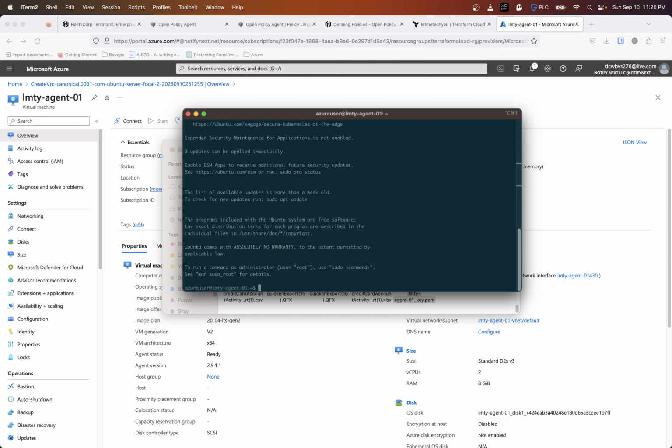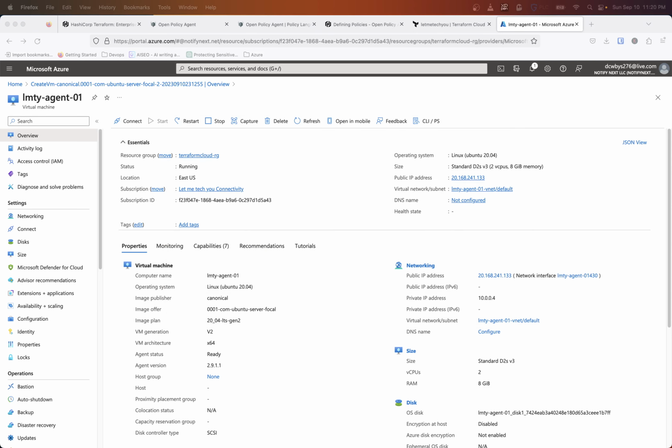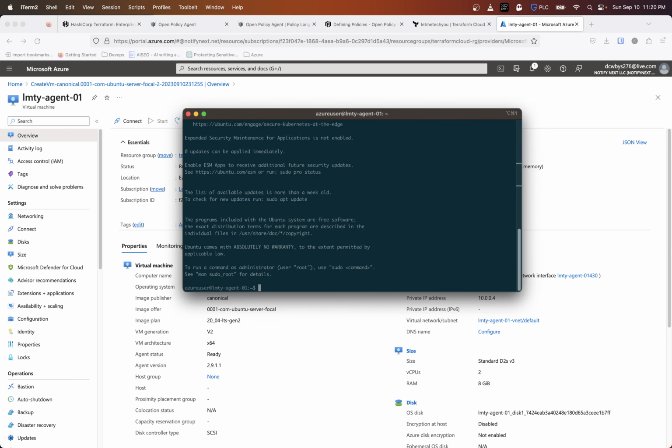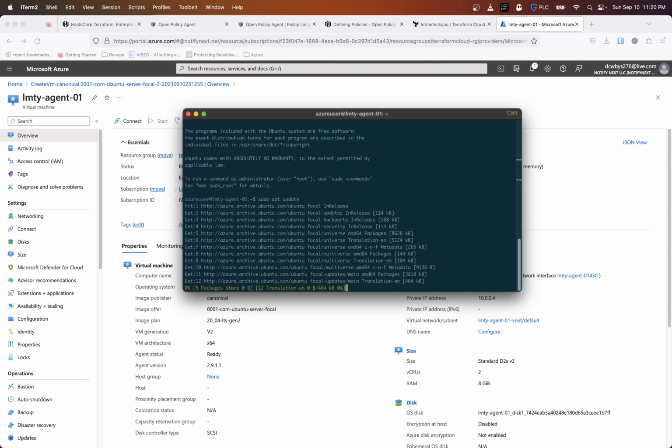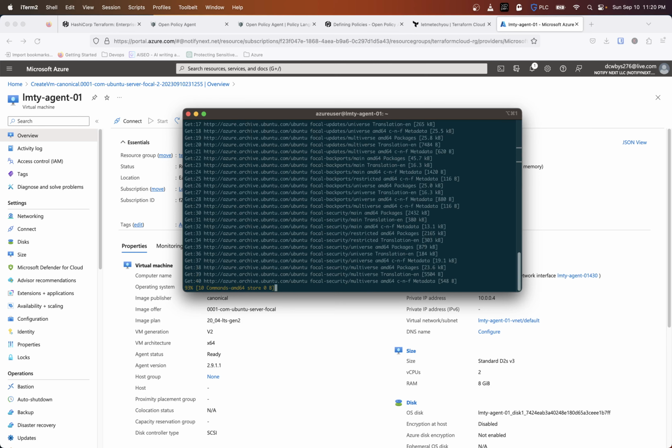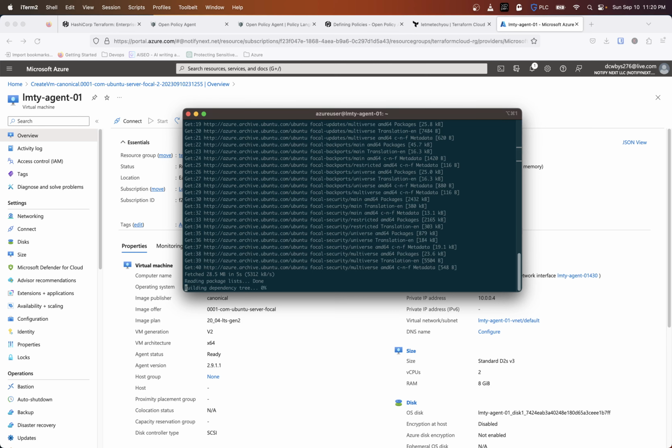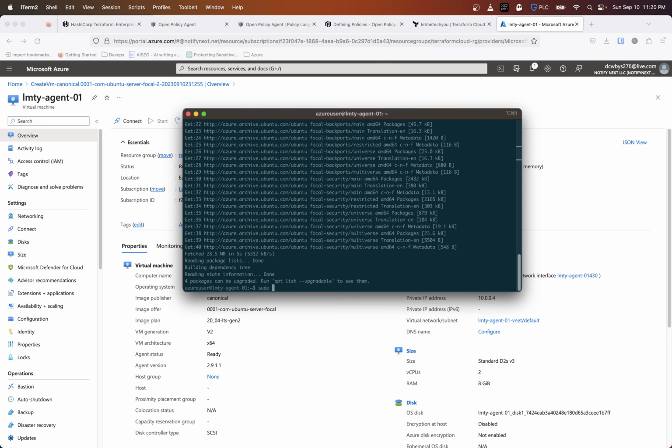Now we need to download and install Docker. So I'm going to bring this up. First thing we need to do is just update this instance. So we're going to do a sudo apt update. And these commands I'll put down in the comments below as well. And then we want to do sudo apt install